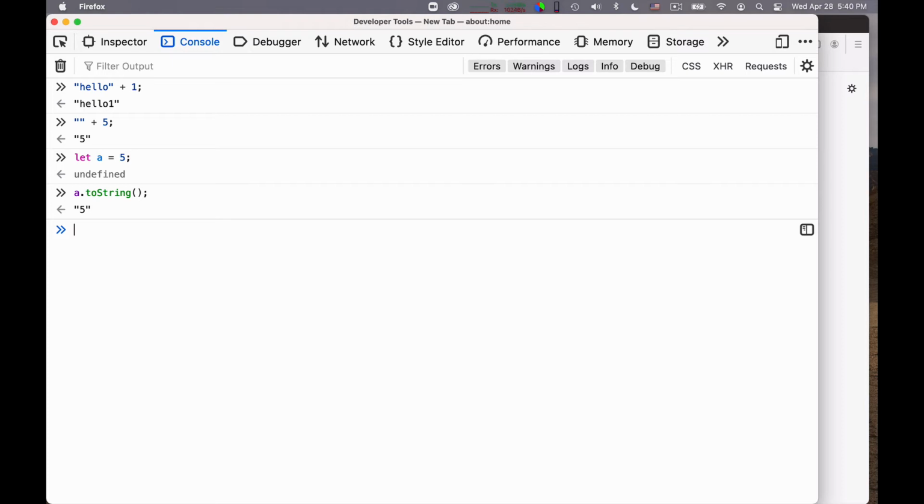Okay, this also leads to a few troubles. For example, imagine that you do 100 plus quote 1. What do you think the result will be? Well, the 100 is converted to a string, and then it's added 1. But if you do 100 minus 1, the result is 99. Do you notice the asymmetry between these two lines?